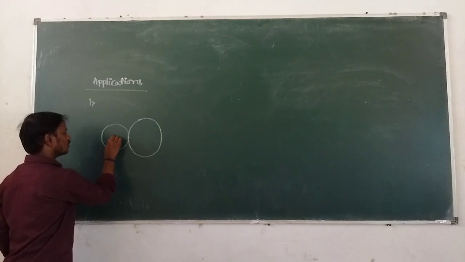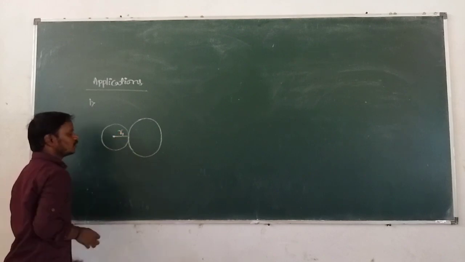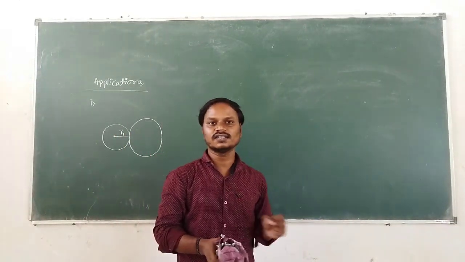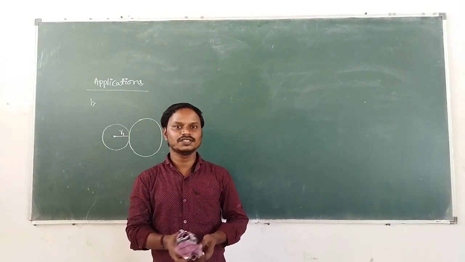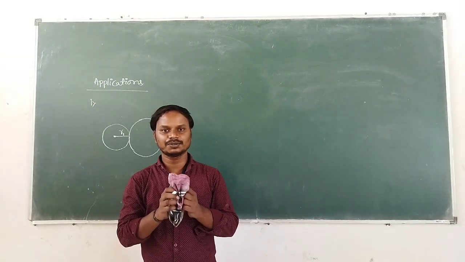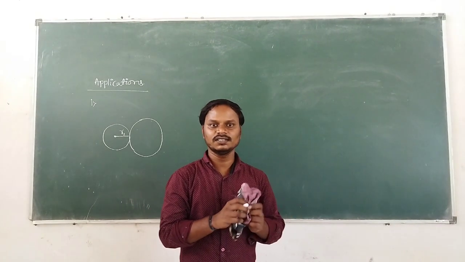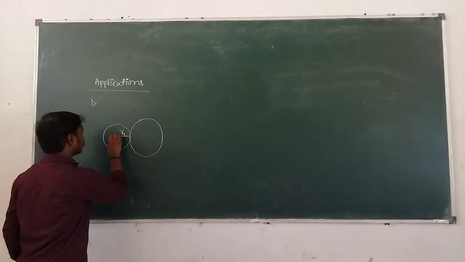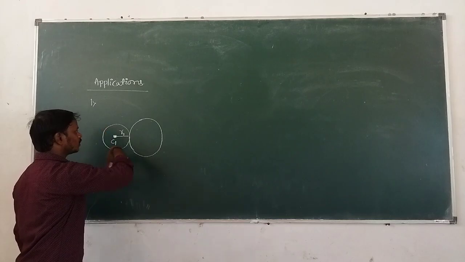Then the radius of the first circular disc can be taken as r1, and the whole mass of the disc is located at its geometric center, because the mass is uniformly distributed throughout the disc. If the mass is uniformly distributed, then the center of mass is located at the center of the disc. Okay, see here, where is the total mass of the first disc? The total mass of the first disc is at its geometric center.